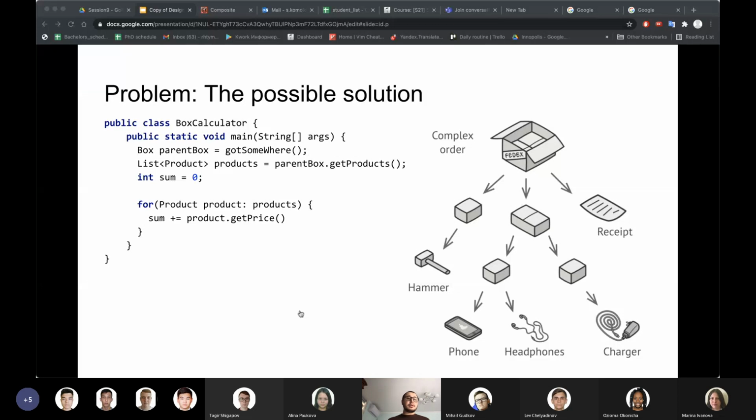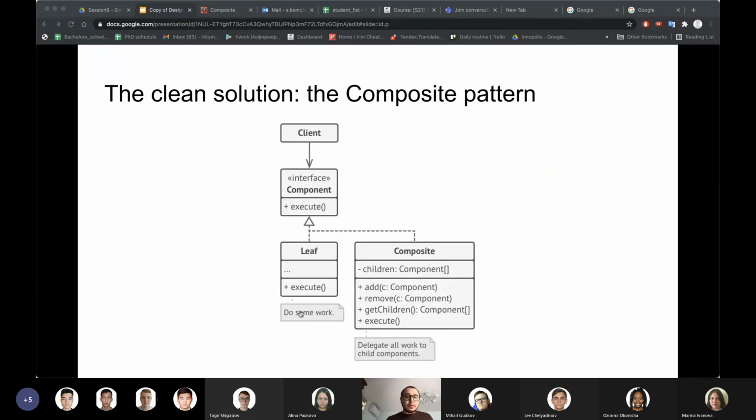But this is not the right solution, since first of all you have to know the type of the child element, whether this is a product or whether this is a box. And even in the unpackaging process, you may have some problems. The next problem might be packaging these products again, in the real world, right? So what you can do is follow the composite pattern,